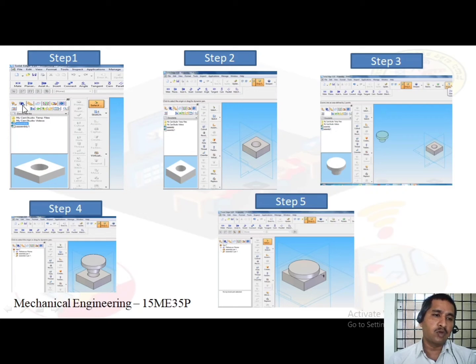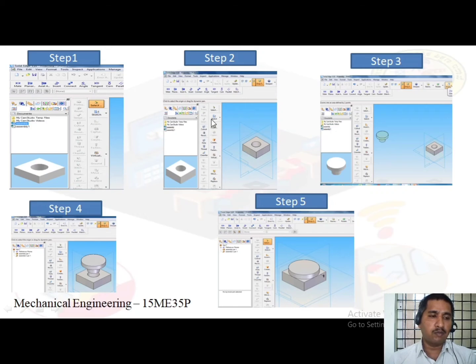See here, the blue color is the library command, and here change the directory where you saved the part models. Once you open the directory, it will show your part models. See here, assembly and assembly 1. Assembly is the base part model, and assembly 1 is related to the base part model.